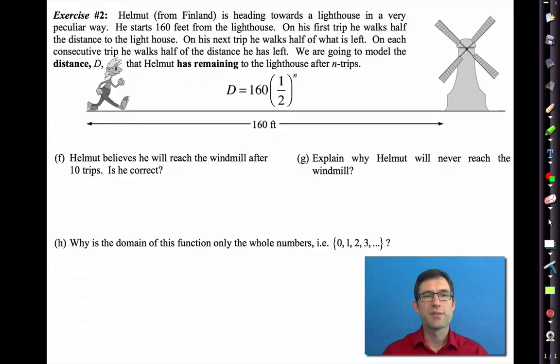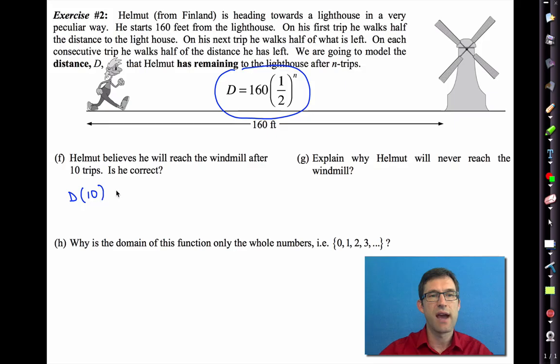So let's continue on this problem. Letter F says, Helmut believes he will reach the windmill after 10 trips. Is he correct? Well, hey, why not take our function right here and put 10 in? Let's figure out his distance after 10 trips. So we'll have 160 times 1/2 to the 10th. Again, we can put that into our calculator, and we'll get 0.15, it gets a little messy, 625 feet. So I'm going to say no,